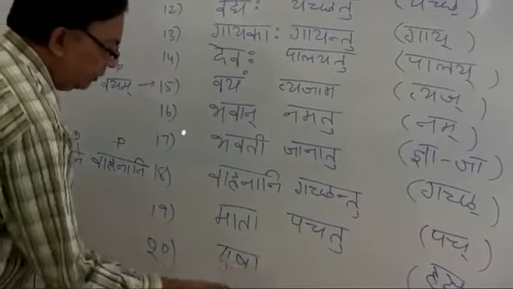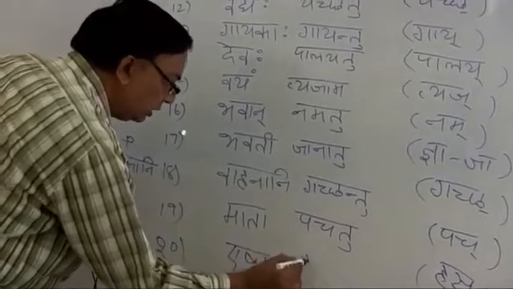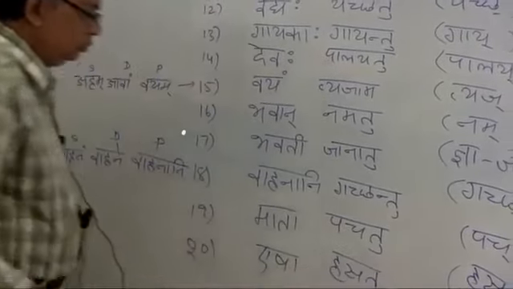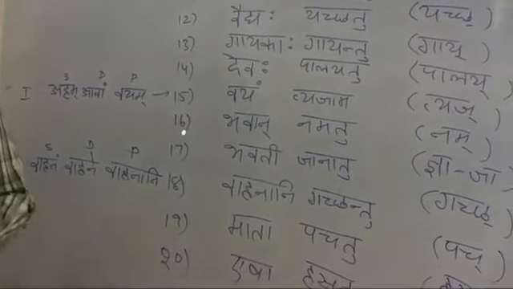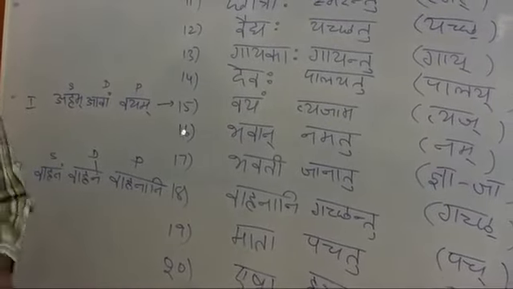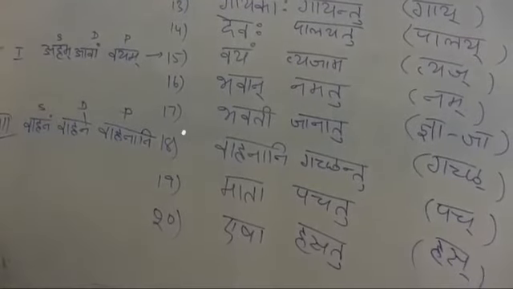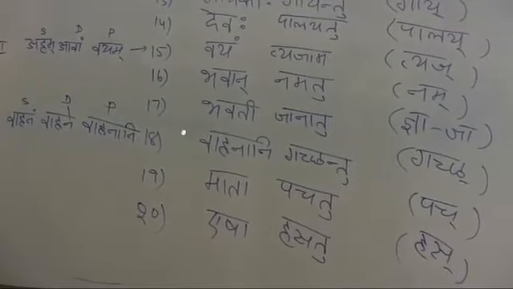This. Esha Balika or something. Hasa. Similarly, third person singular derives Hasatu. So this way, let this woman or girl laugh: Esha Balika Hasatu. You may say Esha Kanya Hasatu. So this way you do it.